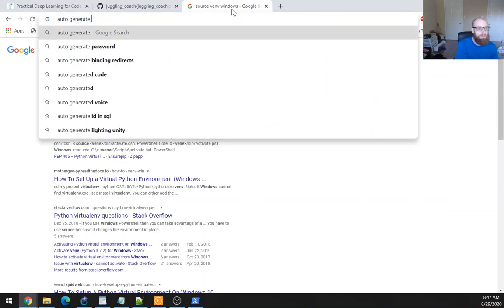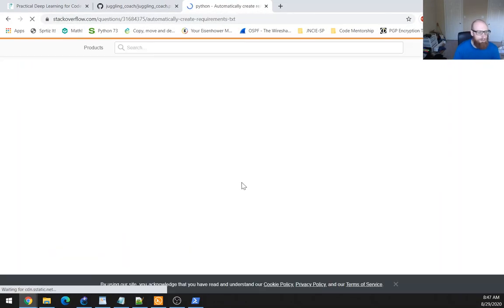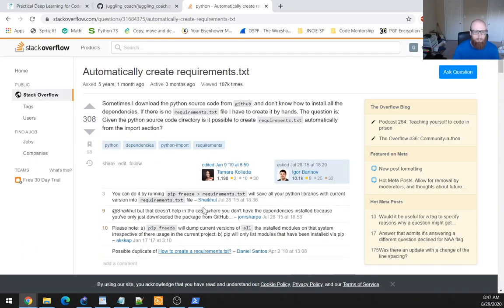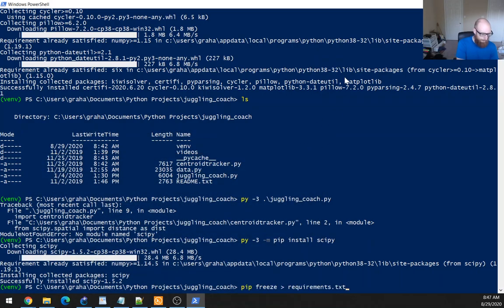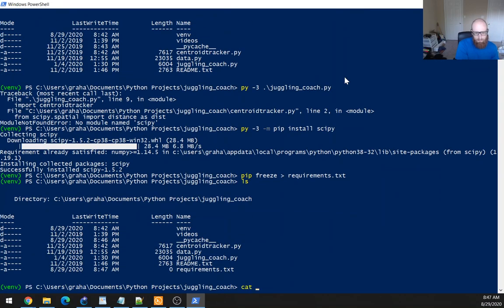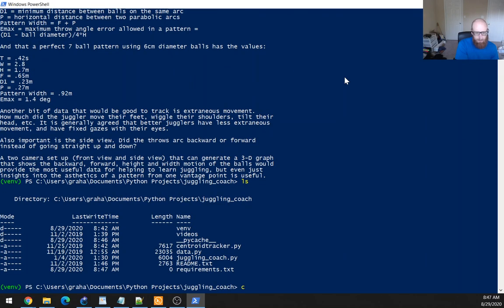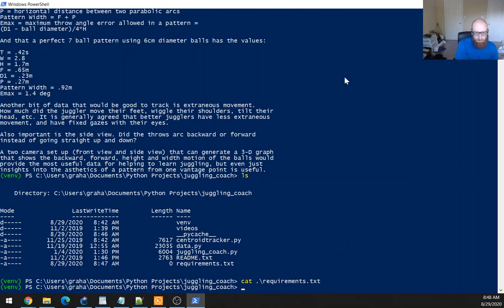Auto generate requirements.txt. So let's see here. Pip freeze. There we go. Perfect. Oh, that's the README. I want to do requirements.txt. Oops. So okay, so I did pip. So that's not going to work. So I need to do